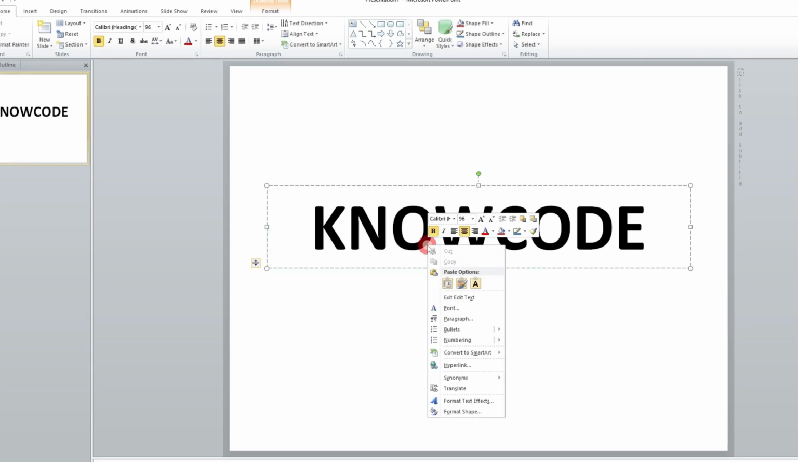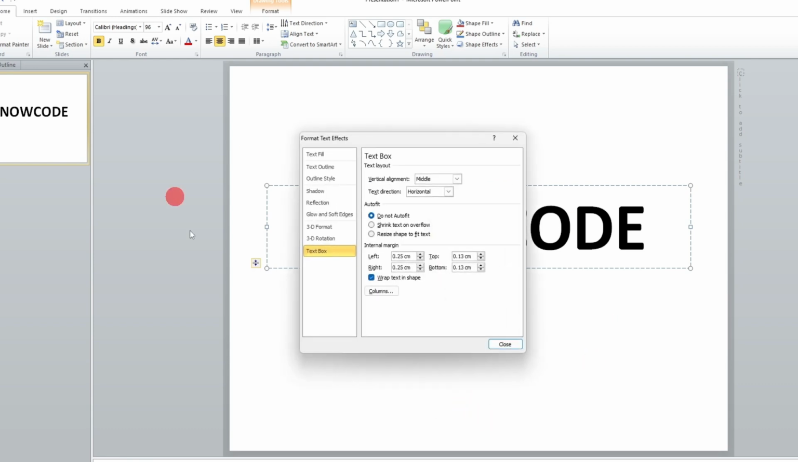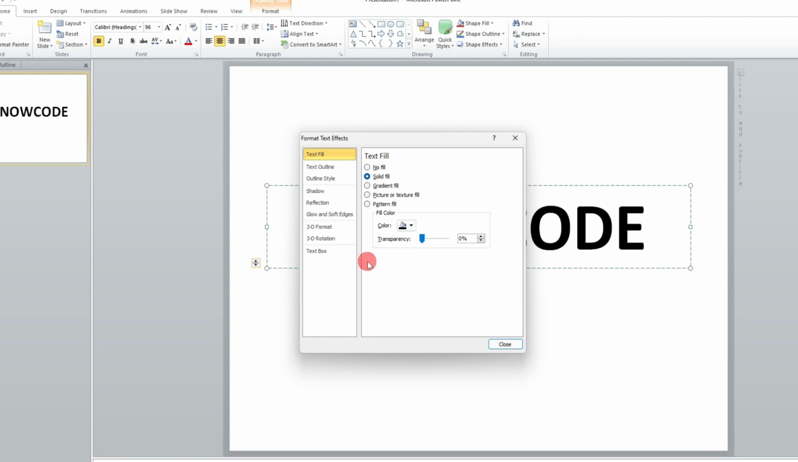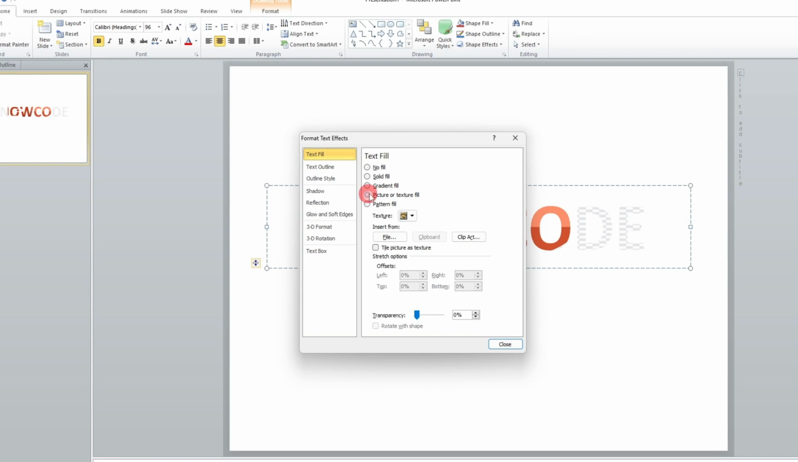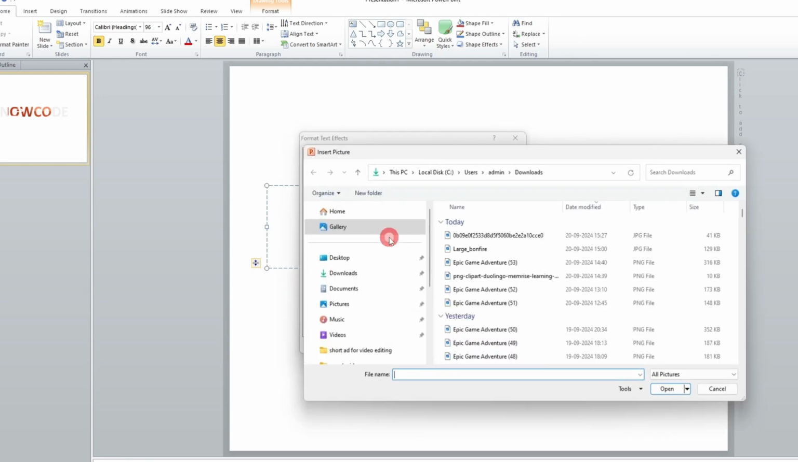Now right click with your mouse and go on Format Text Effects. Now go ahead and click on Text Fill. After that, click on Picture or Texture Fill right over here. Now go ahead and click on File, Insert from File. Click on it and upload the desired file. For example, I'm uploading this one right over here,